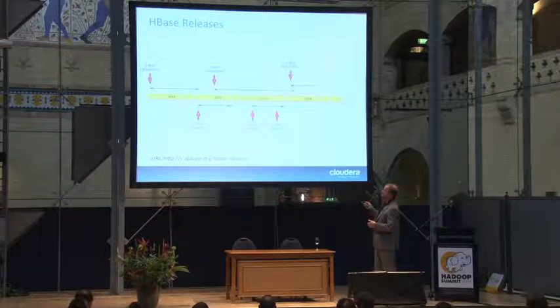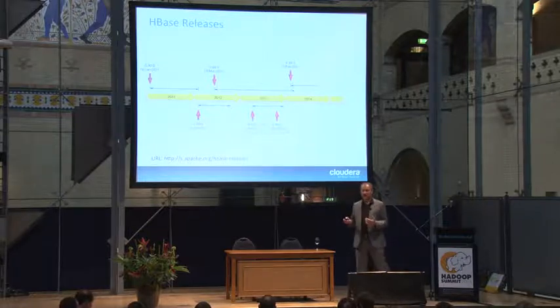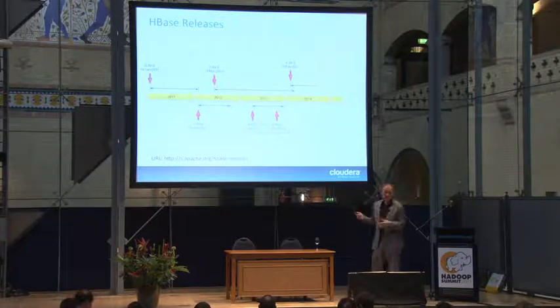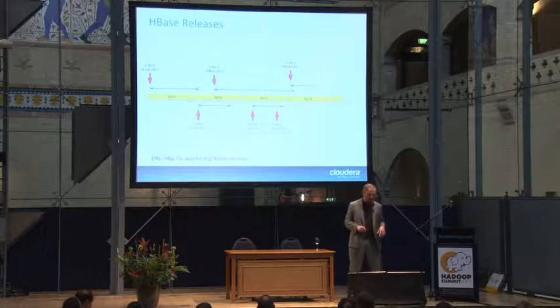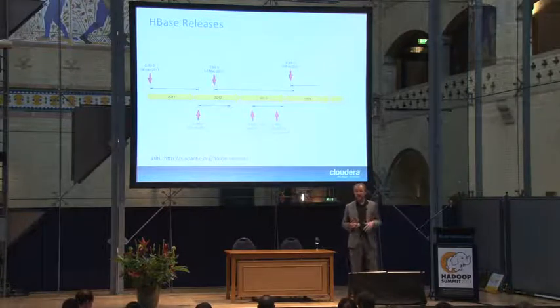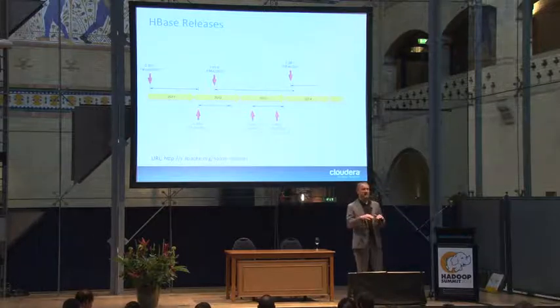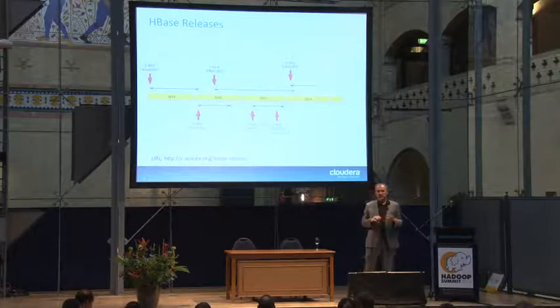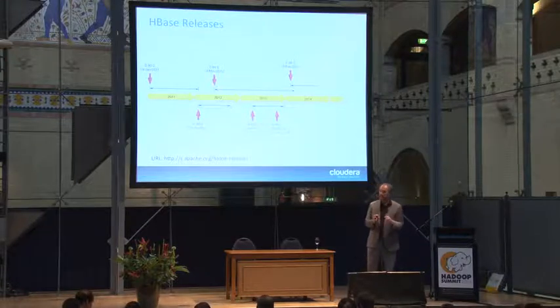So that is ongoing. What happened here now is that another release manager took over. Every major version has a different release manager. The release manager for 98 is Andy Purtell, who is here as well. He's with Intel. They added cell-level security, which is a big feature to bring us on par with, if you've heard of Accumulo. We wanted to have the same feature set in HBase. So they only added this particular feature and a couple of others around security into that release.